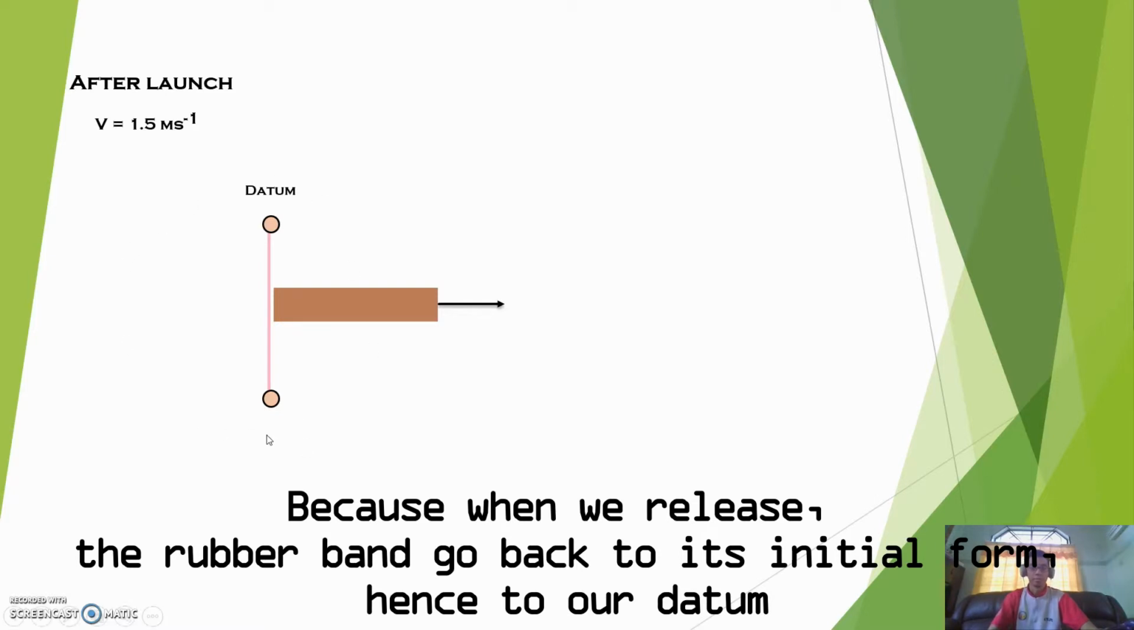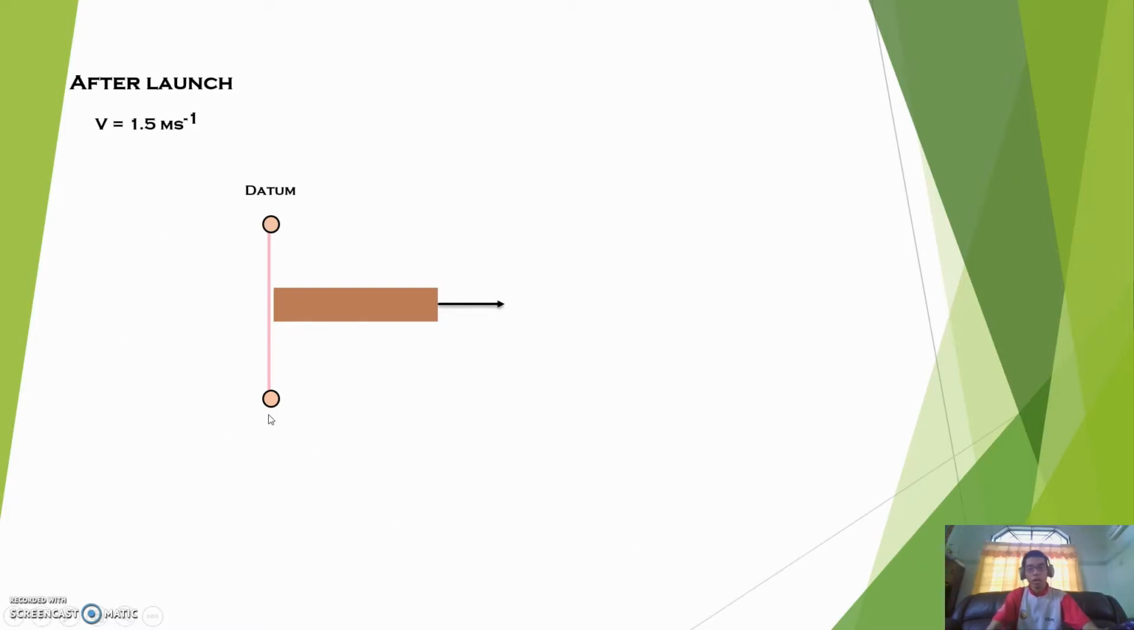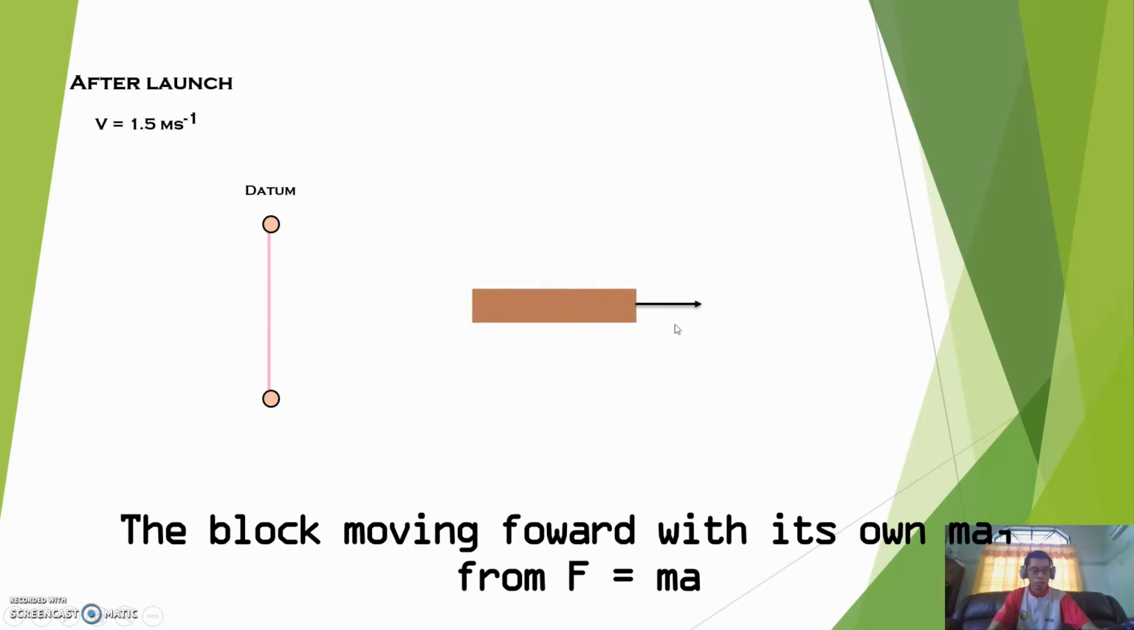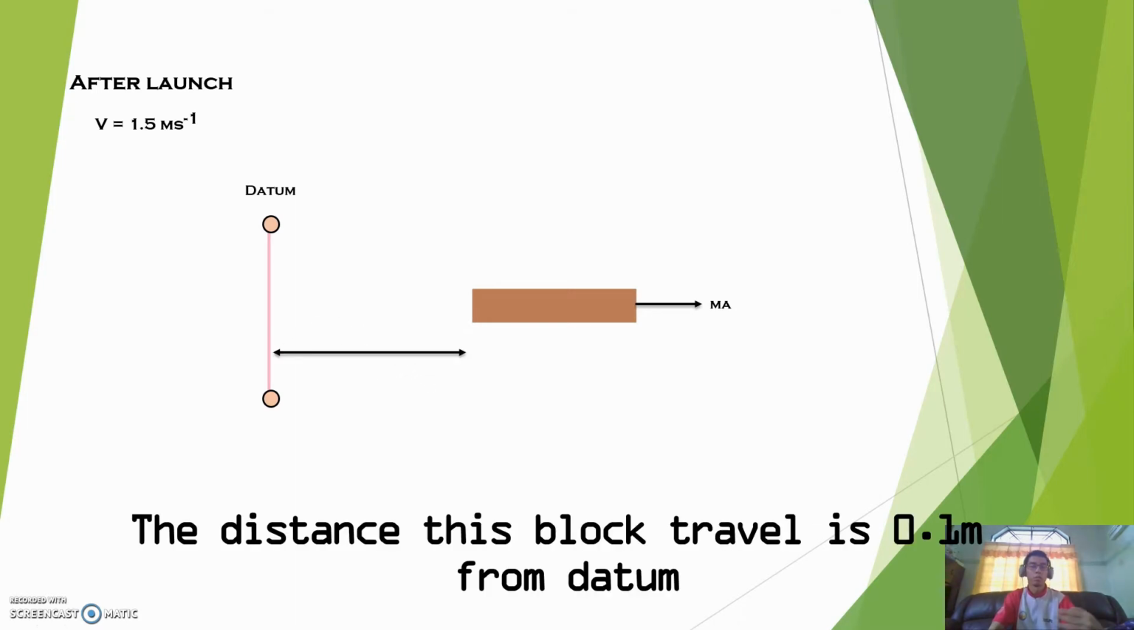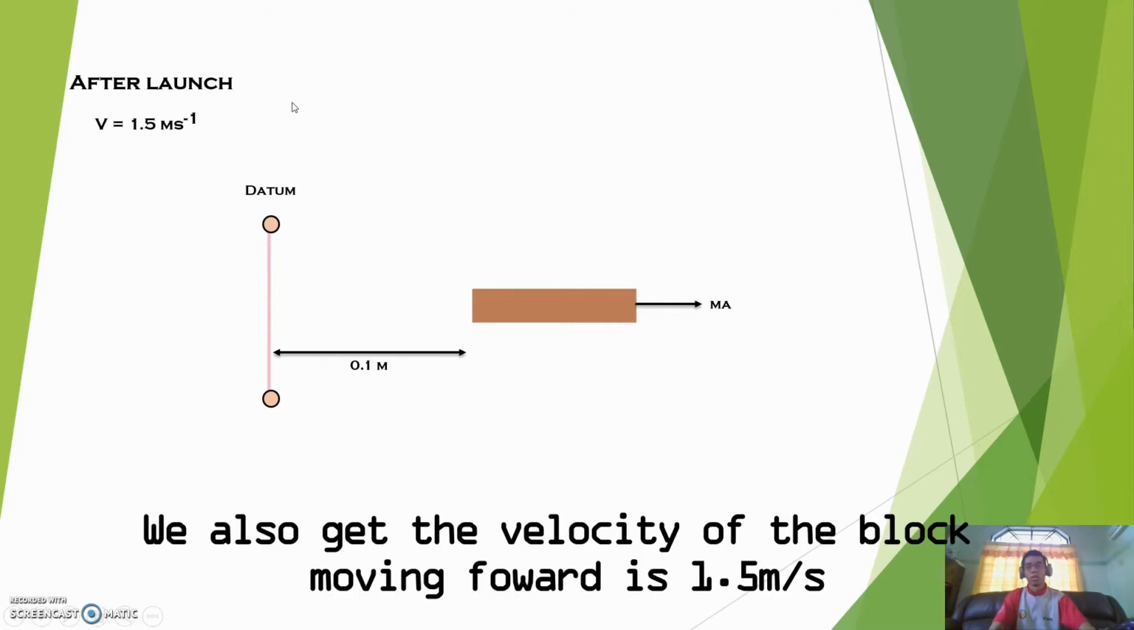to its datum. In our kinetic diagram, we can see that the block is moving to the front, and it has its MA, which is F equal to MA, and the distance the block has traveled is 0.1 from its datum. We also get the velocity of the block moving forward, which is 1.5 m/s,